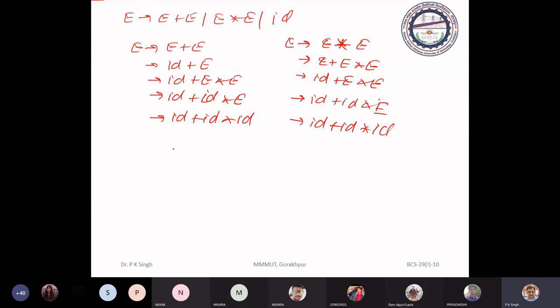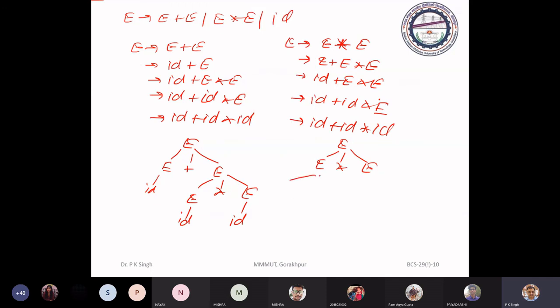Now generate the syntax tree. It is E, ID plus E, E asterisk E, ID, and the syntax tree for this E. That syntax tree was wrong.